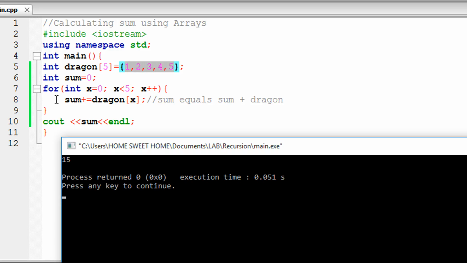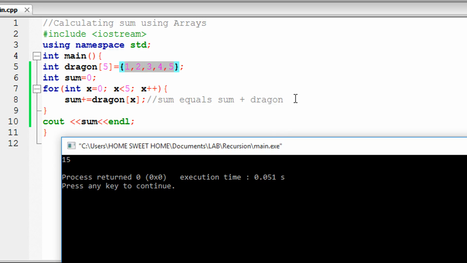And then in the next line it says sum plus, the old sum plus dragon with parameter x. Now in this iteration x was 0, and remember that the old sum was 0 because we have initialized sum equals 0. So in the first iteration in this equation, sum equals 0, the old sum, plus dragon with parameter